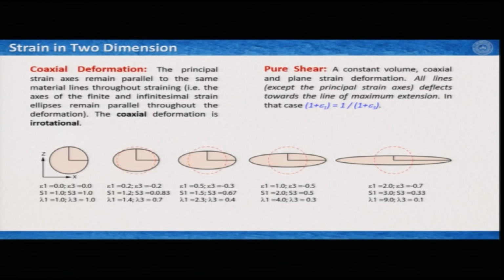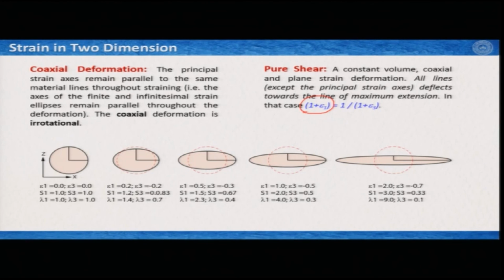So the coaxial deformation is irrotational. That means the principal axes of strain do not rotate. It can also be defined as a pure shear deformation, where, at constant volume, coaxial and pure strain and plane strain deformation, all lines except the principal strain axes deflect towards the line of maximum extension, and you can define it mathematically as